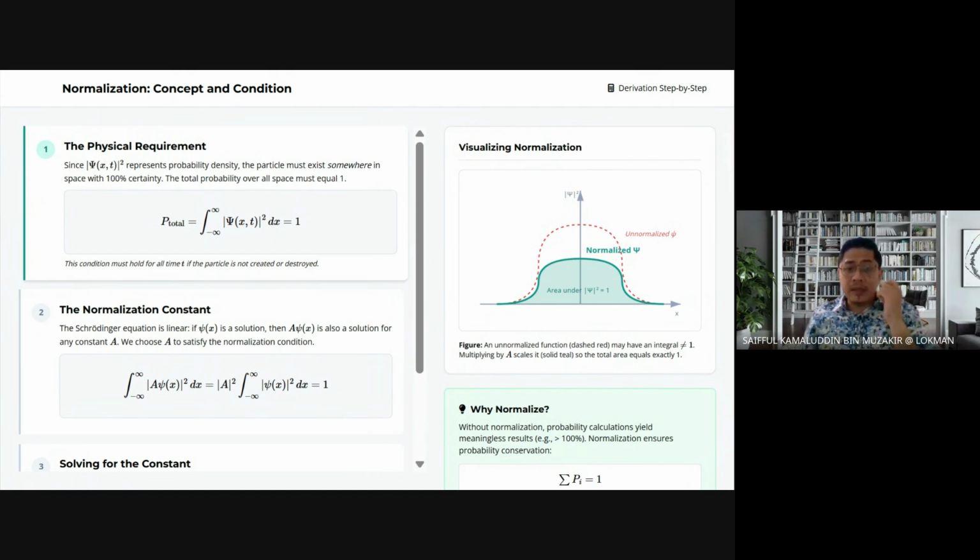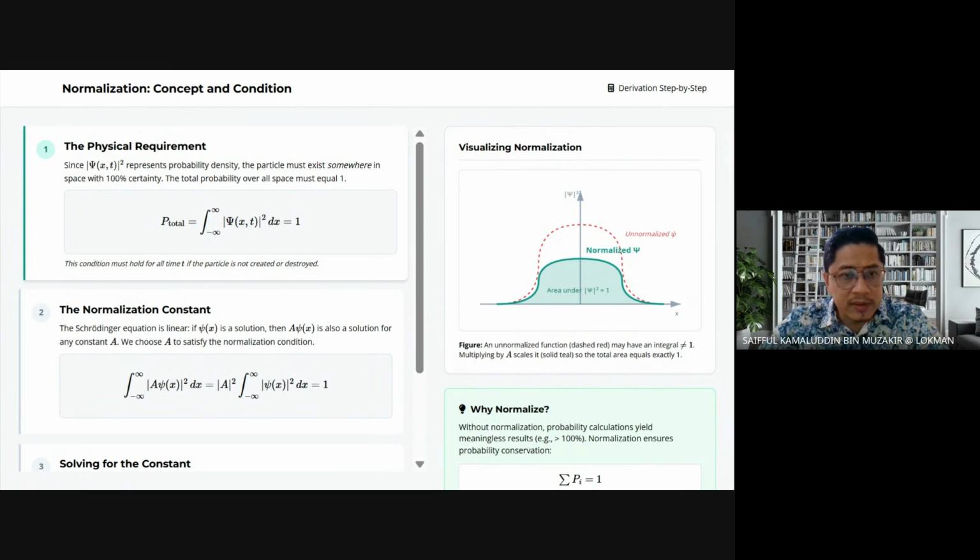It also ensures probability conservation as the wave function evolves in time. The total probability stays 1 if you start with a normalized state. So when we work examples, the first thing that we do after finding psi is normalize it. That is the first thing you do. Right. So let's see some